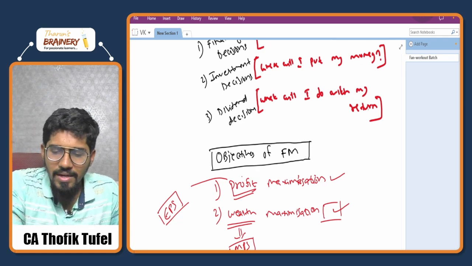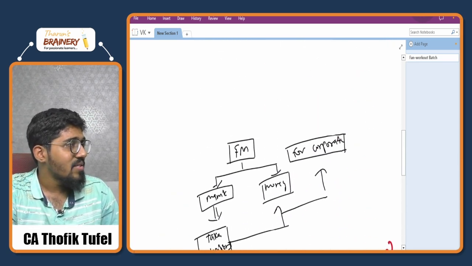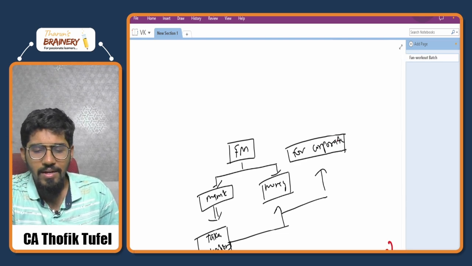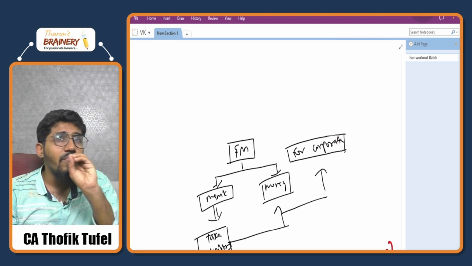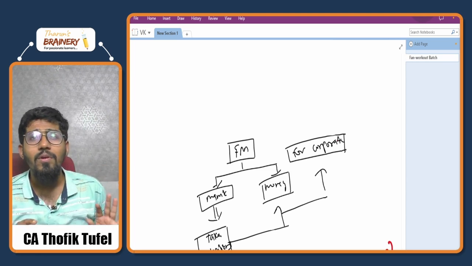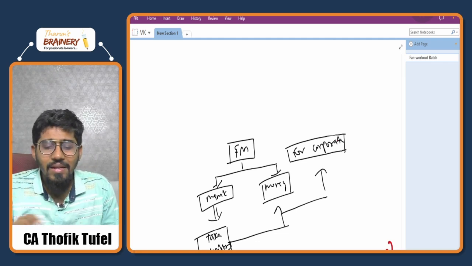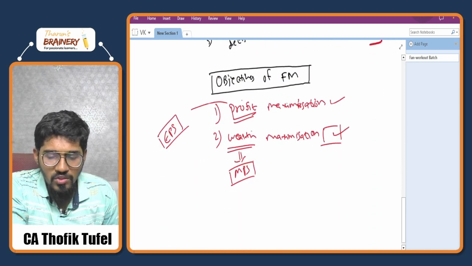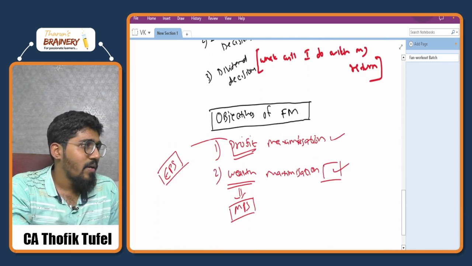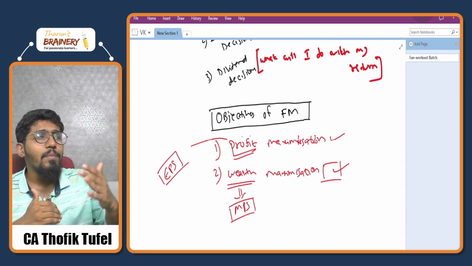Now, all this that I've discussed is actually covered in chapter number 1. So what I want you to do for now, just for 5 minutes, is take out your textbook and have a plain reading of the meaning of financial management, types of decisions, and objectives of financial management. Are you all with me? Just give me a thumbs up.